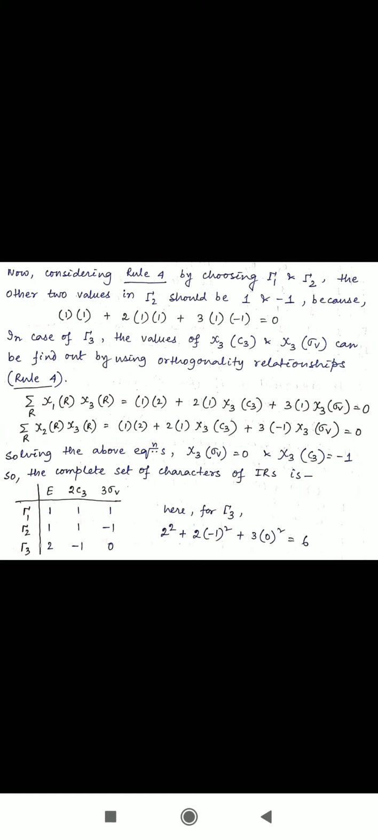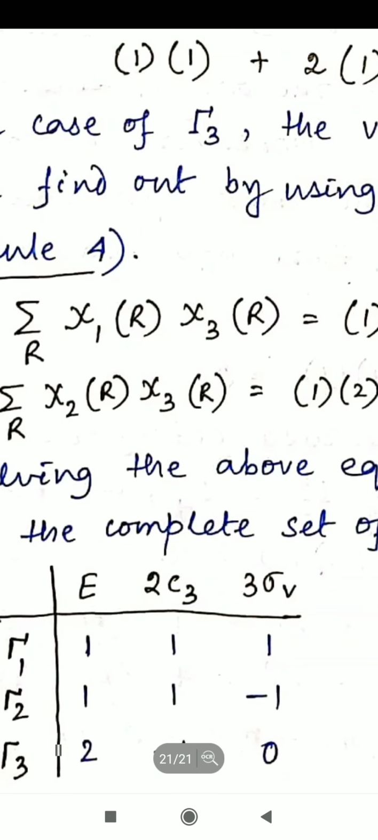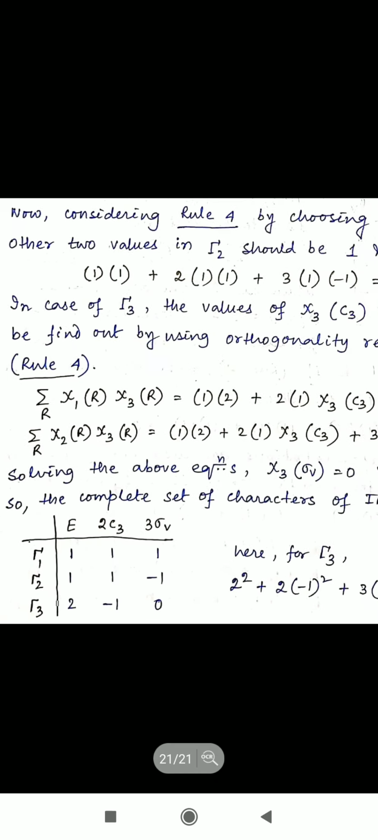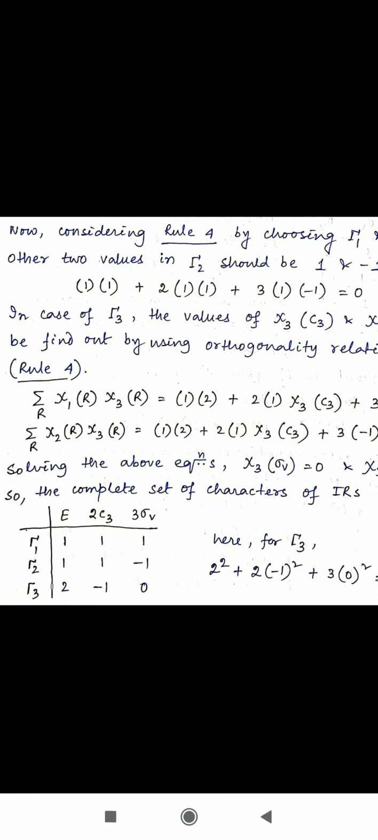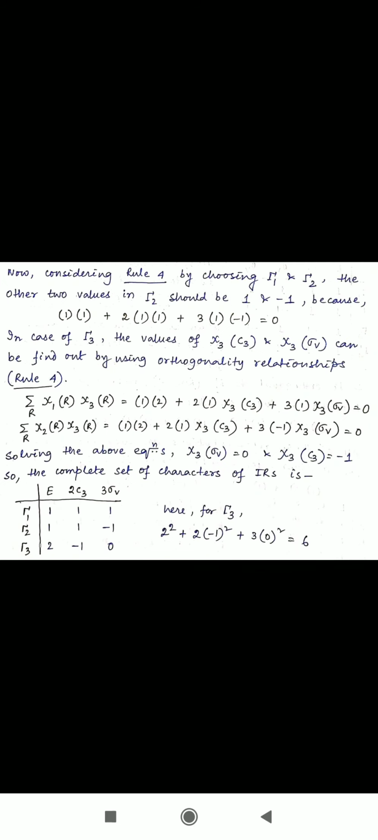Okay. In case of the last one, that is our irreducible representation 3, the values of character C3 and character sigma V can be found out by using the orthogonality relationship. That means if I am checking here, we can say that 1 into 2 plus 2 into 1 into chi 3 of C3 plus 3 into 1 into chi 3 of sigma V, that should be equal to 0 according to